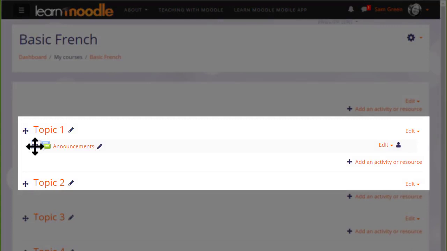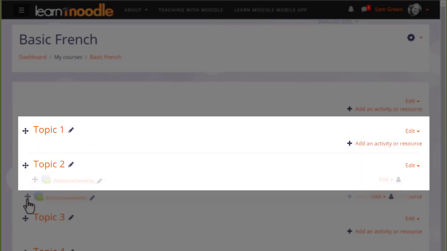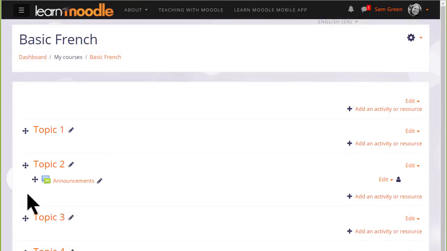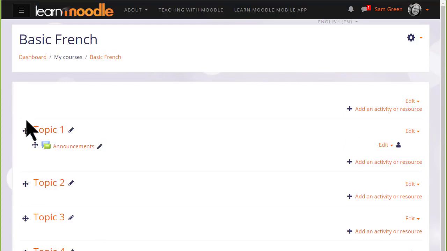click the crosshairs icon and I can move it by dragging and dropping. If you aren't able to move by dragging and dropping, then ask your administrator to check your browser settings and the Moodle site settings. In order to add files, documents or activities for your students, you need to click the